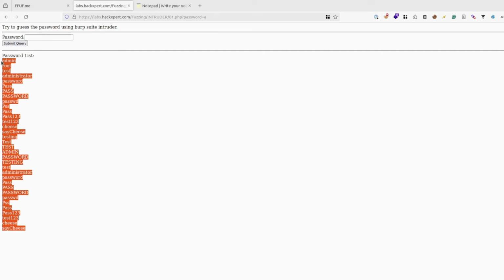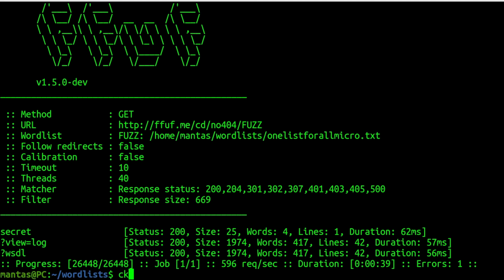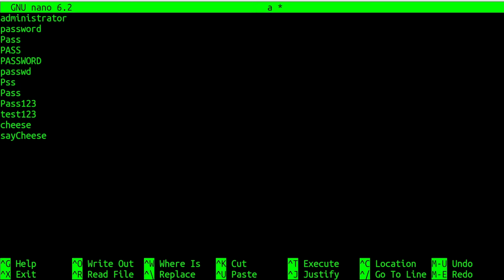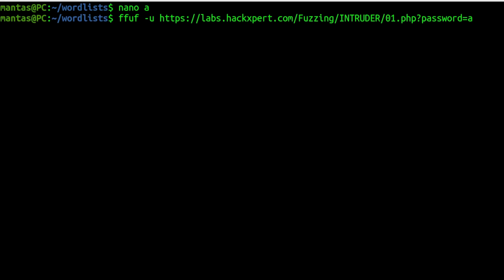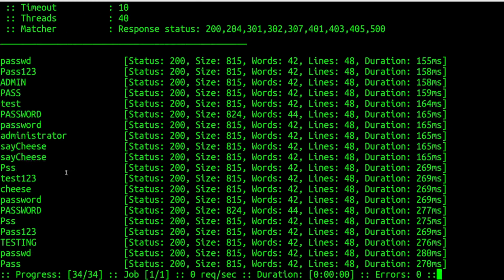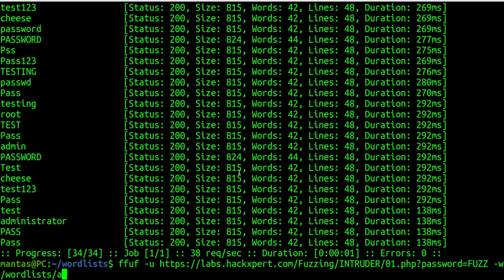So firstly, let's create the wordlist. Let's use nano for that. I will just call it A and copy this endpoint, and of course use FFUF. I will use the -u flag, and instead of A I will use FUZZ. And for the wordlist I will use that already made one. And of course, what we already learned, we need to filter out by the size. So the -fs flag could be used. Alternatively, you could use -fw for words, -fl for lines, -fc for status code, as c stands for code, but I will use -fs, and there are